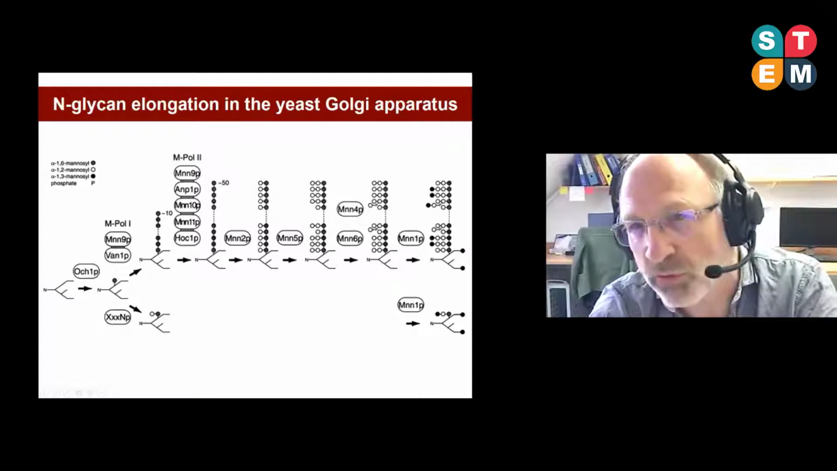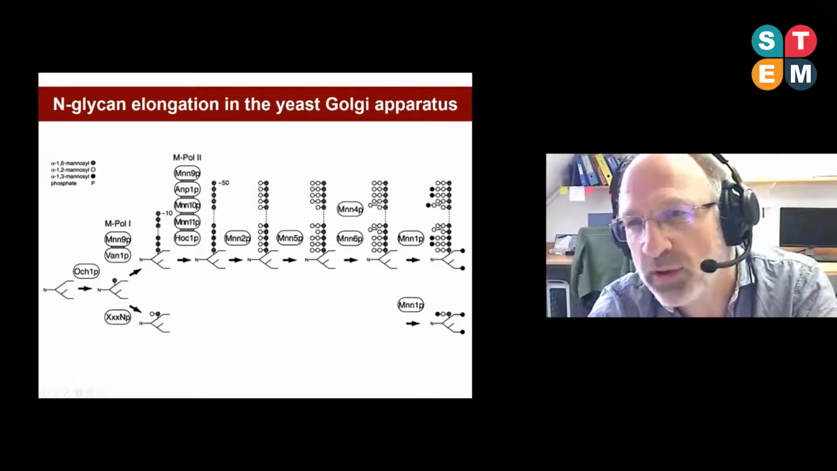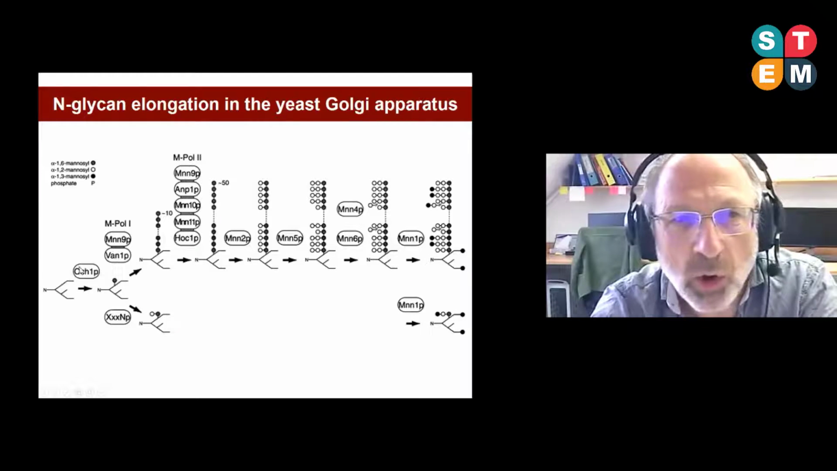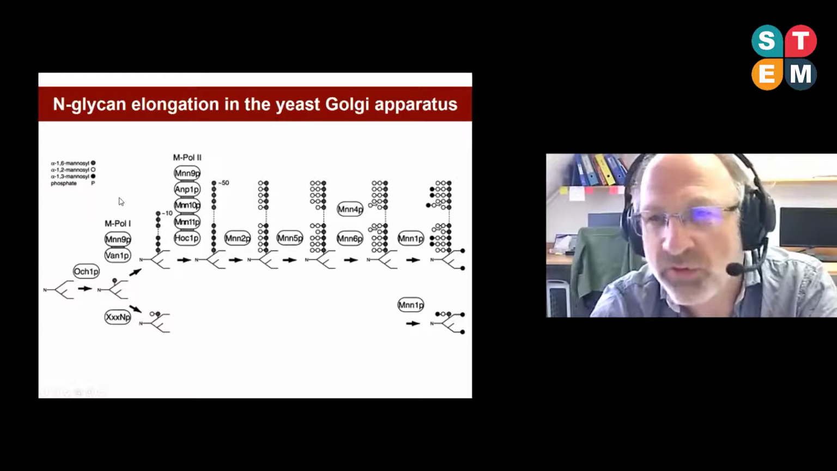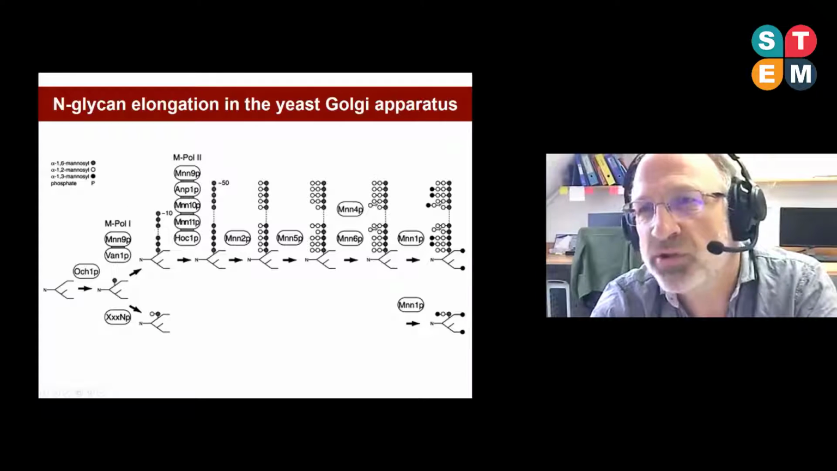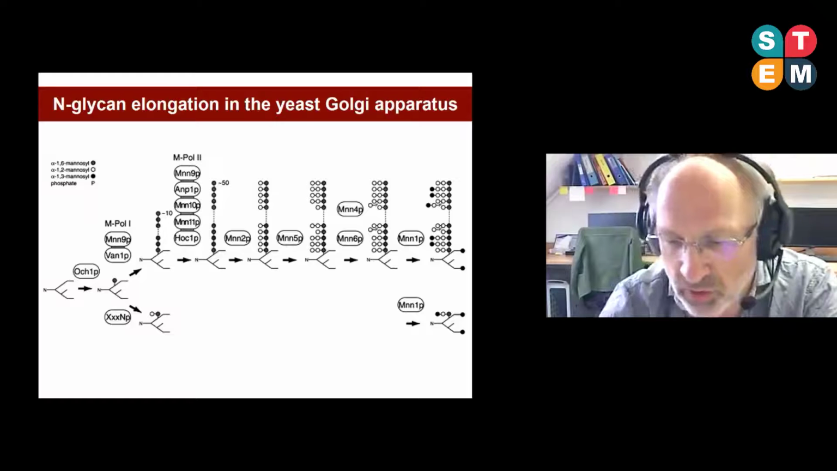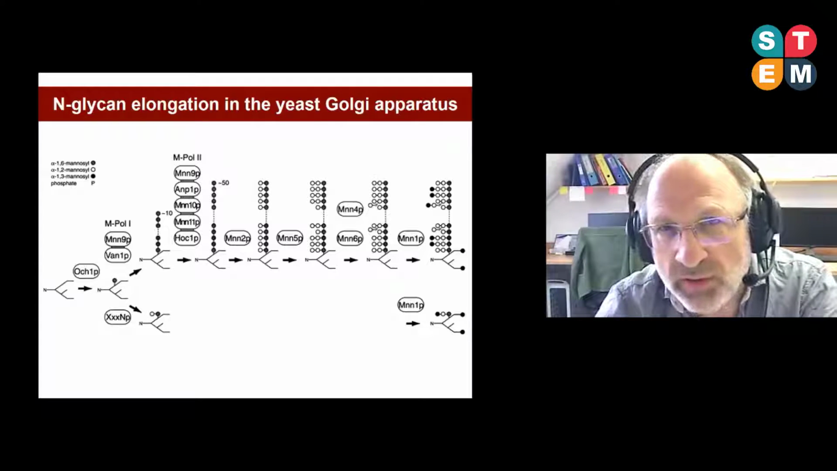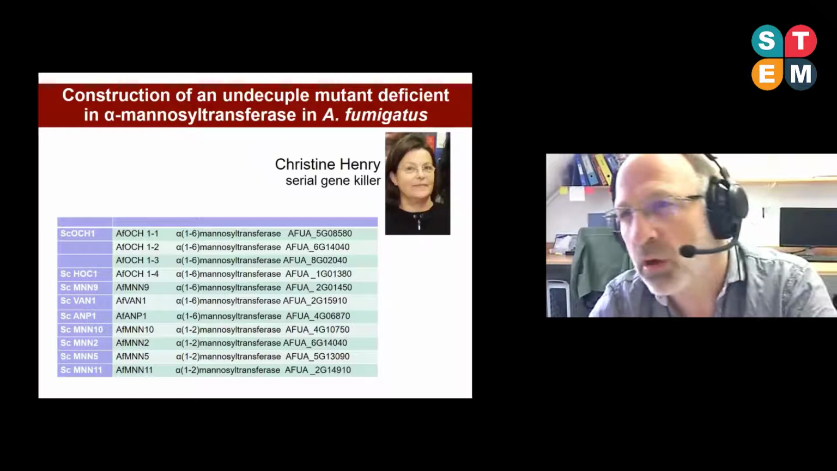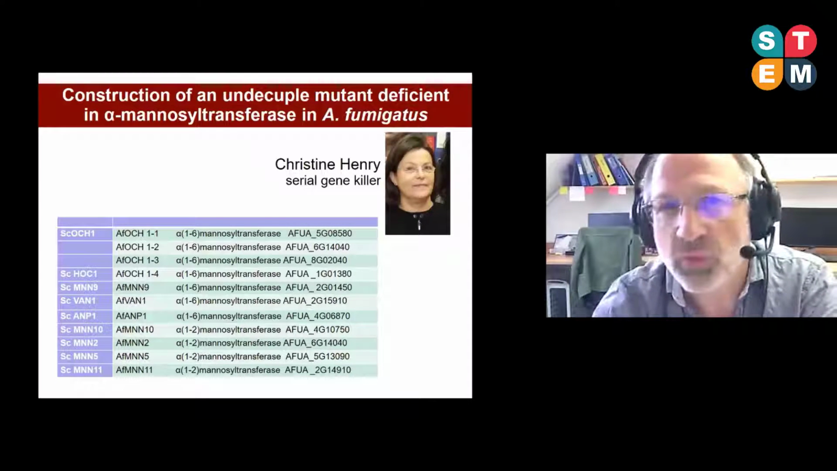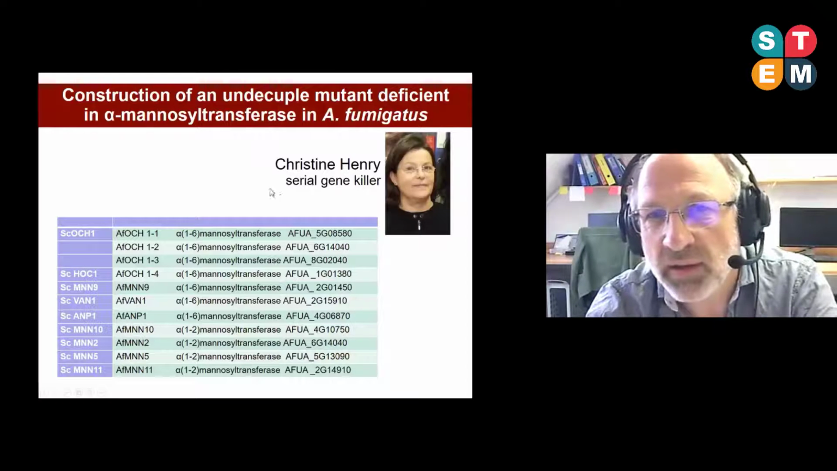And there is also another mannosyltransferase which completes the structure. All these mannosyltransferases have also been identified in the genome of Aspergillus fumigatus. So to try to understand if such enzymes are involved in the synthesis of galactomannan in Aspergillus fumigatus, we started to do deletions. And it was Christine in the lab who did this